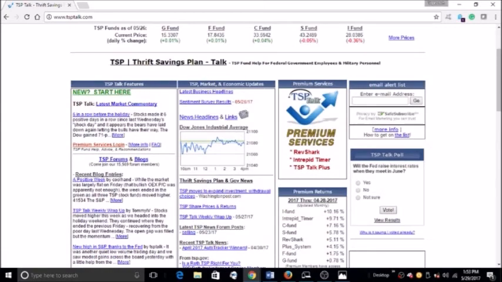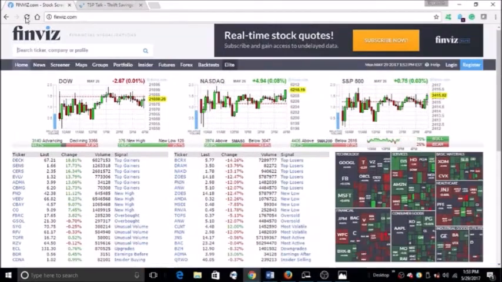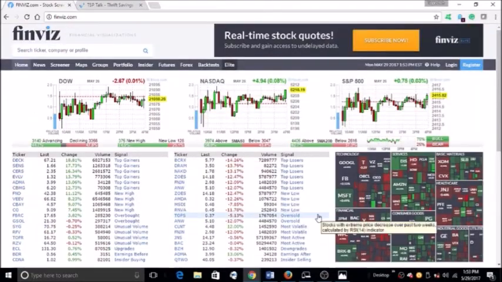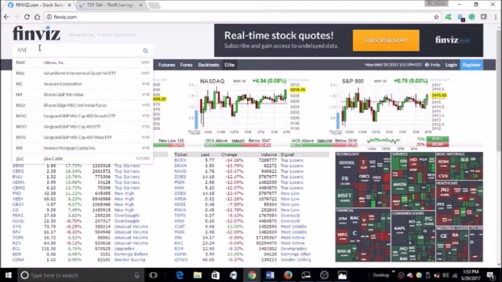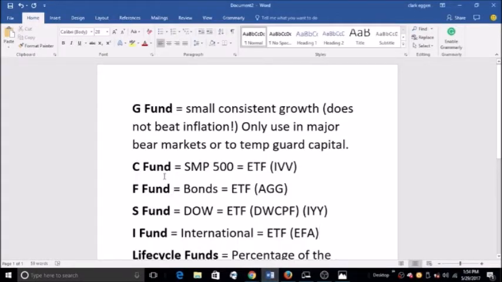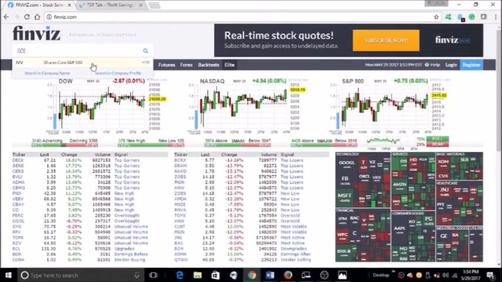Now, if you want to move even more in depth, what you could do is find a website like Finviz, okay, which has a lot of the market movement for the Dow, NASDAQ, and the S&P 500. And you can really see how in depth and detail you can get. So let's type in IVV, which is the S&P 500. If we look back on our chart, C fund, okay. So the S&P 500 or the C fund, IVV, and let's see what's happening with that. So IVV,